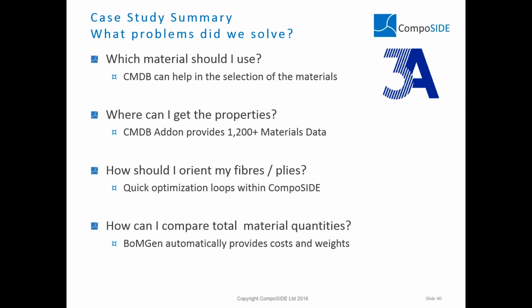CMDB Addon was quite useful to provide those material data. How to orient the fibers and the plies, obviously there can be more iterations, but you've demonstrated that CompoSIDE can